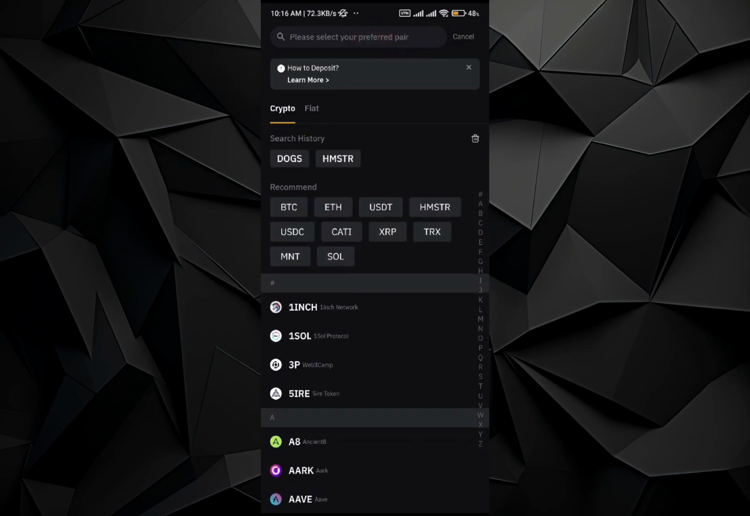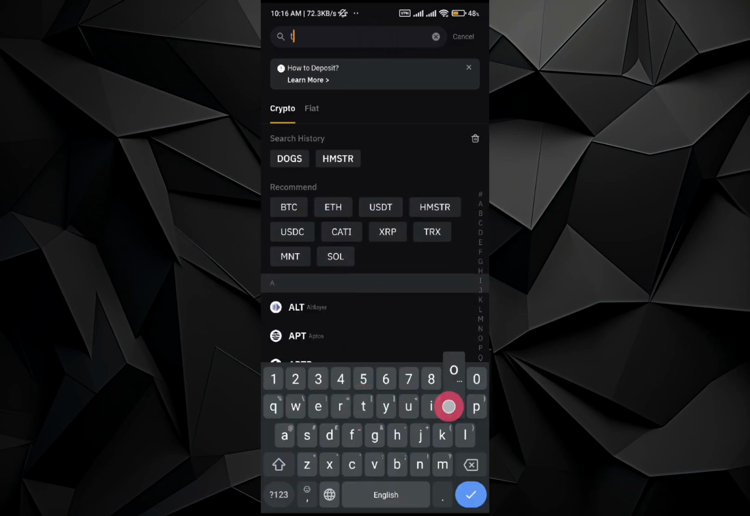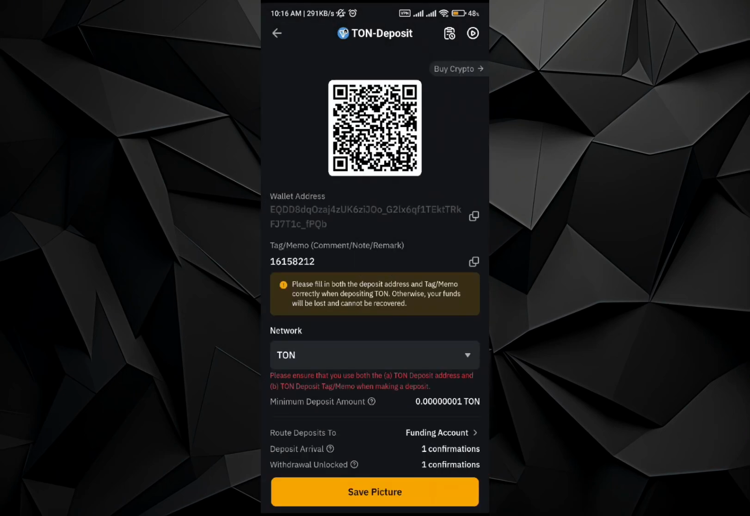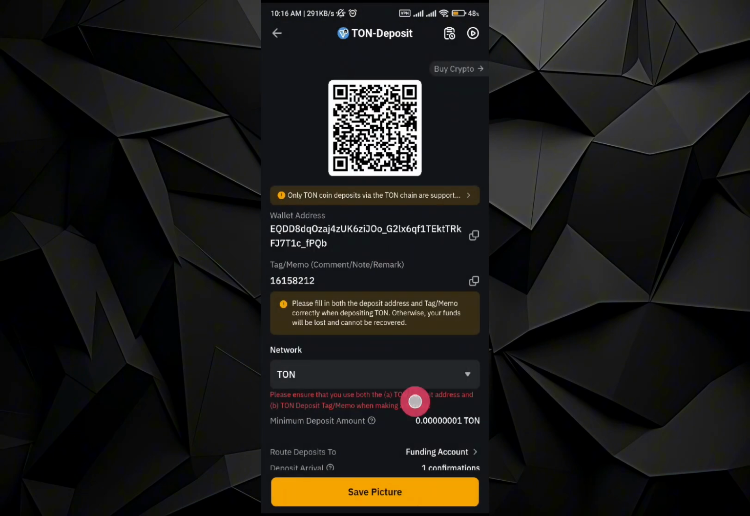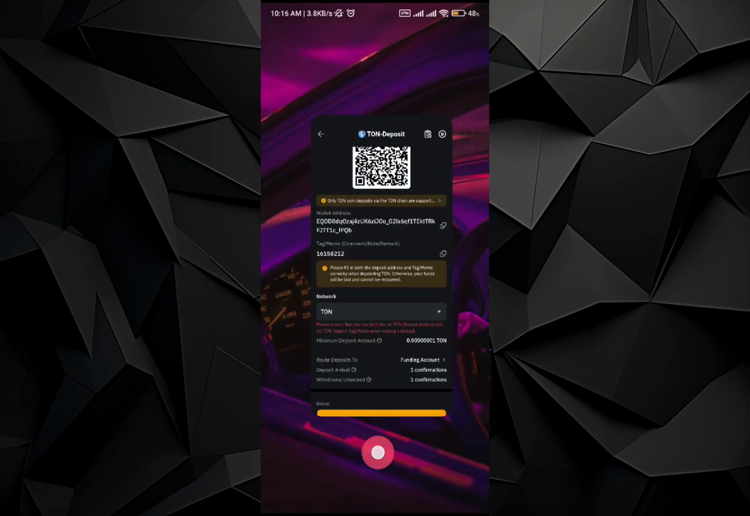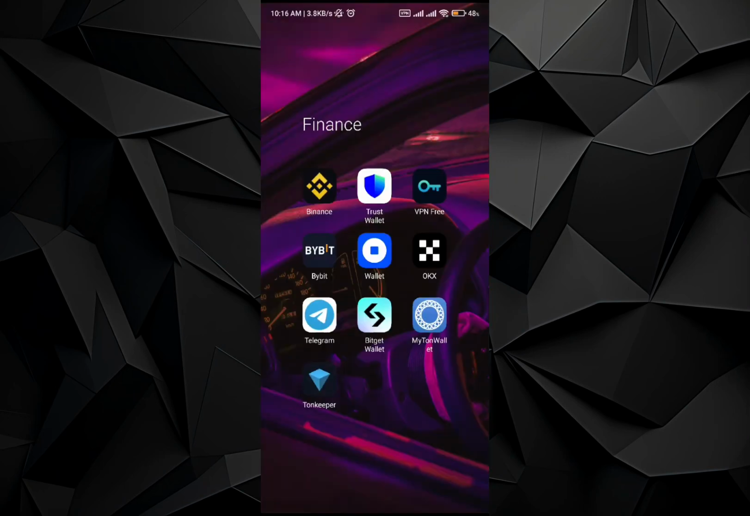For example, I'm gonna go with the Tone, and let's go with the Tone in the chain. So here you guys can see that this is my wallet address and this is the memo that I have, and all I have to do is to copy this one and go and open this one in the Tonkeeper